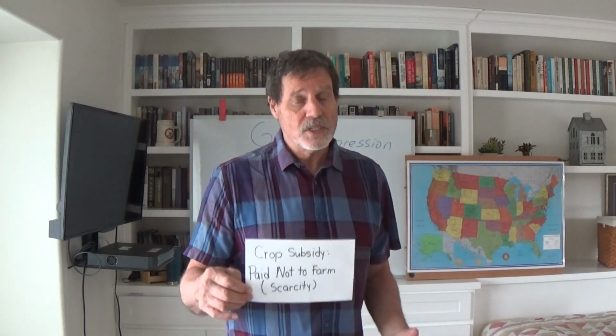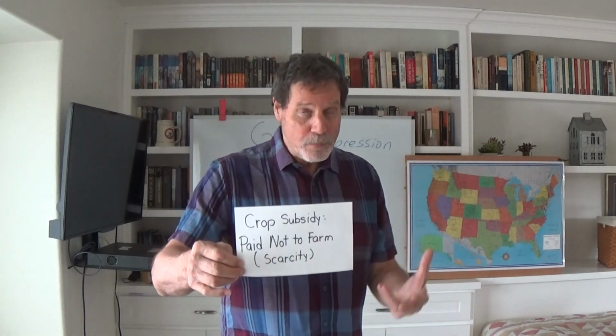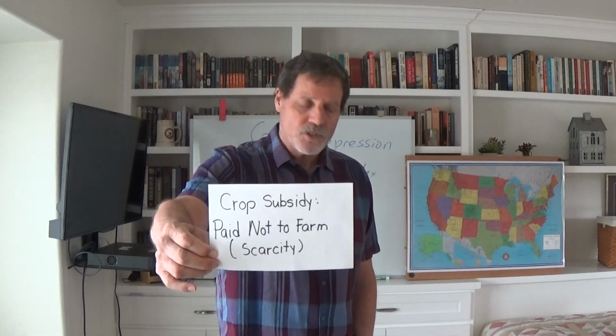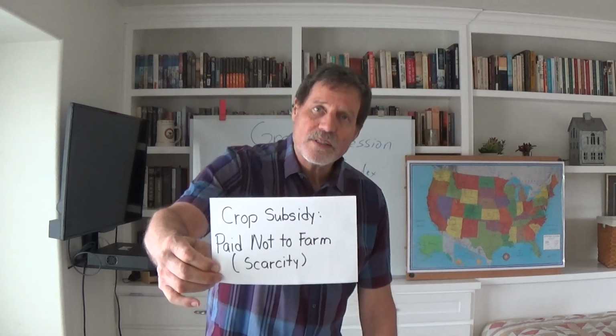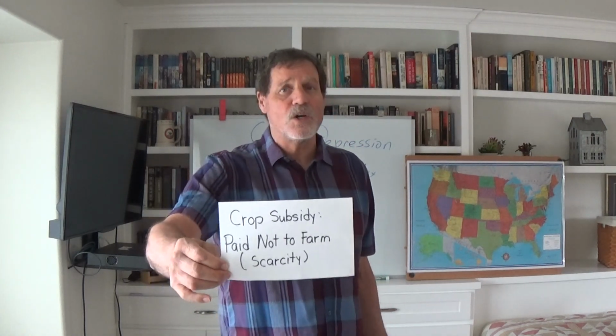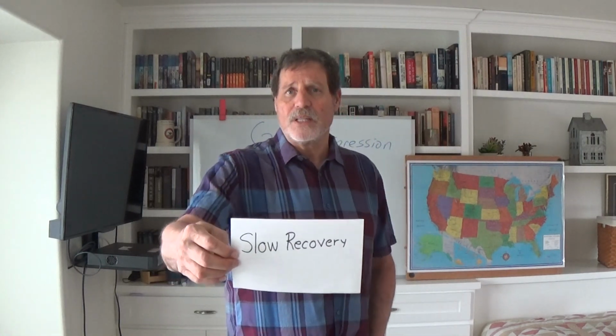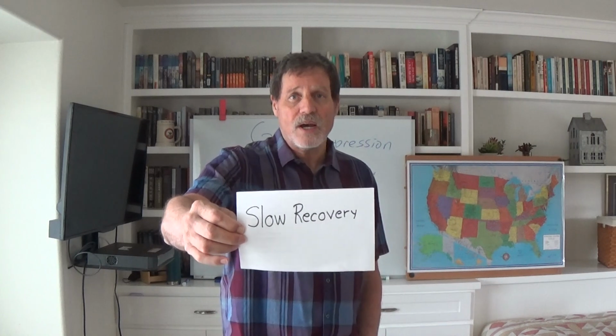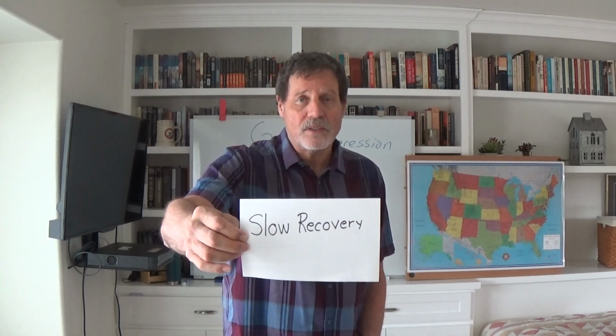And by the way, crop subsidies have a presence even in our society today, in our economy today. Anyway, they did what they were supposed to. They created an artificial scarcity. And the reality was that farm prices did begin to go up for the first time since World War I. And the AAA was able to generate a painfully slow, but still something of a recovery. The agricultural economy began this really slow recovery, and this is exactly what they wanted to do. Some of these things are more complicated than I can tell you.